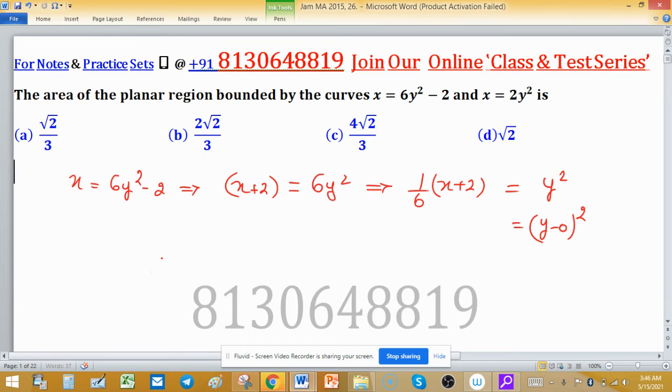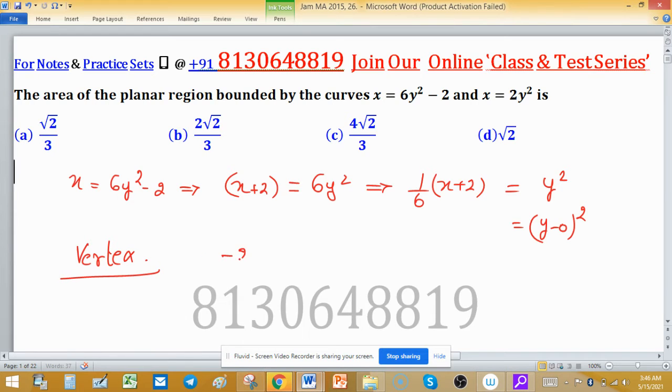So the vertex of this parabola is minus 2 comma 0, and it opens toward the positive x-axis. The second equation is x equal to 2y square, and this again opens toward the positive x-axis, and